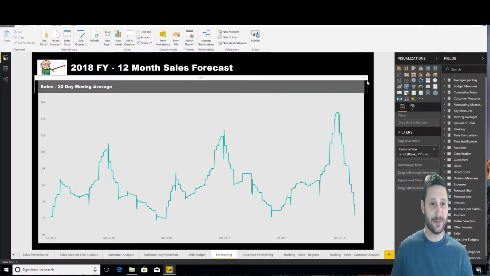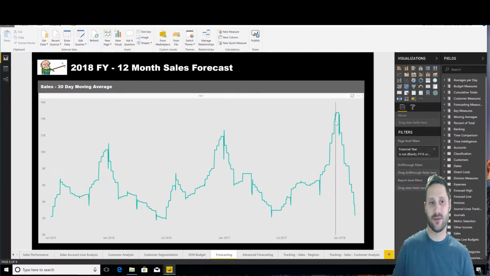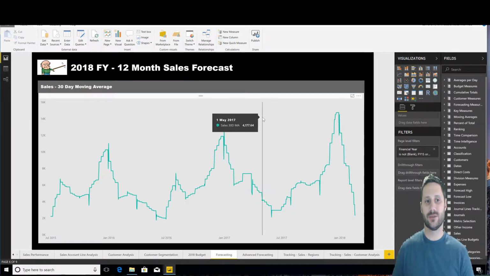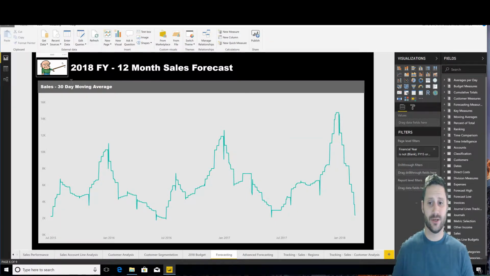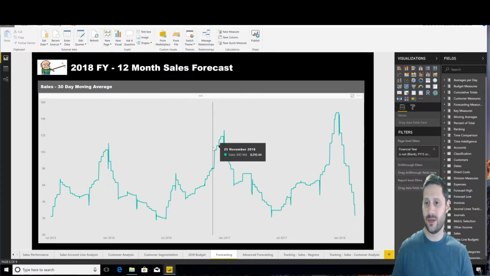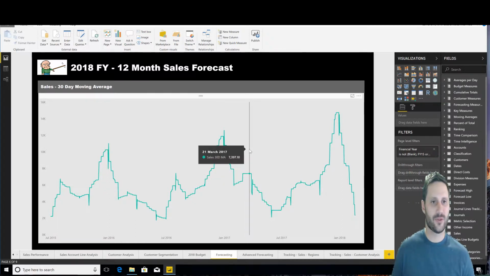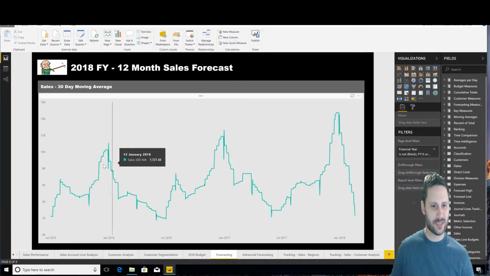So let's come into Power BI, and here you're looking at a 30-day moving average of Old Man Online Clothing. The reason we do forecasting on a 30-day moving average, and you can do 60 or 90 or whatever you want, is that you need to have data points every day. If you look at sales over the year, some businesses might have daily transactions, some might not, so you just smooth it out with the 30-day moving average. As we can see here, they obviously have big sales in December, because